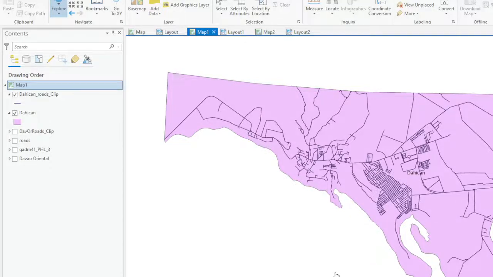Okay guys, so last meeting I presented how to clip a feature to another feature. In our example last meeting, we have the study area, and then we tried to plot the road networks inside of that study area. So we've done that one, and today our presentation is about